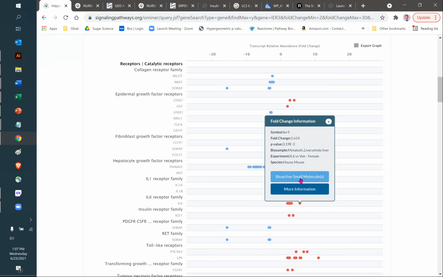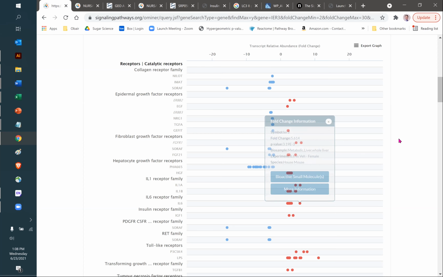If you click on the data point, what you'll see is that in mouse whole liver, from mice that have been given either IL-6 or vehicle, IER3 is upregulated, and here's the p value. From that, you can infer that signaling through the IL-6 receptor upregulates the expression of